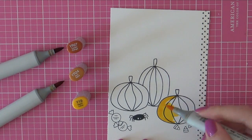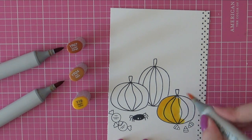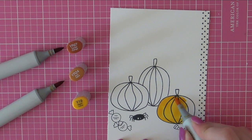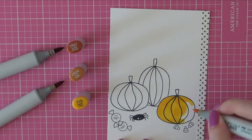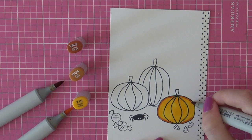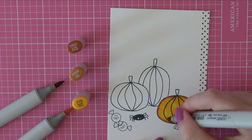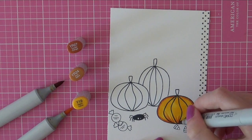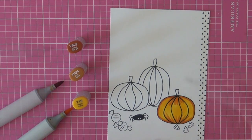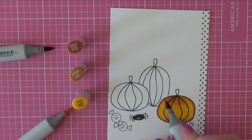Then I will be doing some Copic coloring. I'm doing some very simple coloring. I am just using 3 markers for each image. I'm starting out with the lightest color, which is Y19, and I'm going to color the entire image with that color. Then next I like to use the darkest color, and I'm just going around the edges of that pumpkin to give it some shading. So I'm going to put that around these edges, and then I'm blending that darkest color and the lightest color together with the